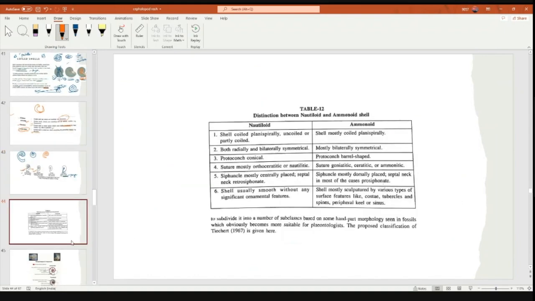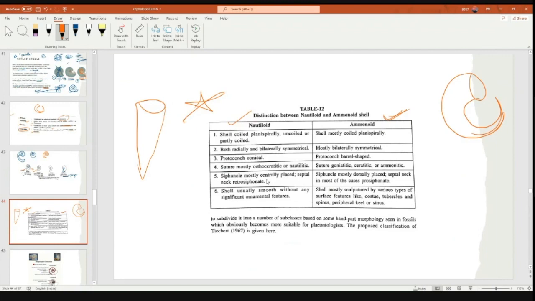So now this is also very much important. They may ask the difference between nautiloids and ammonoids. Generally, sometimes nautilus is quite a straight one and ammonoid is a curved one. Just for the timing, just see the difference between nautiloids and ammonoids. If I draw it more like this, it will be difficult. Just see, this one will be better.